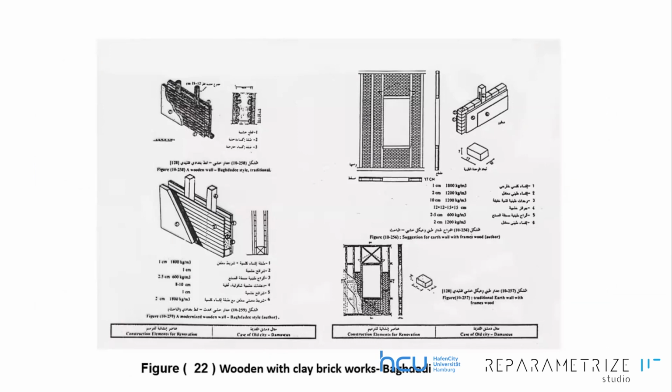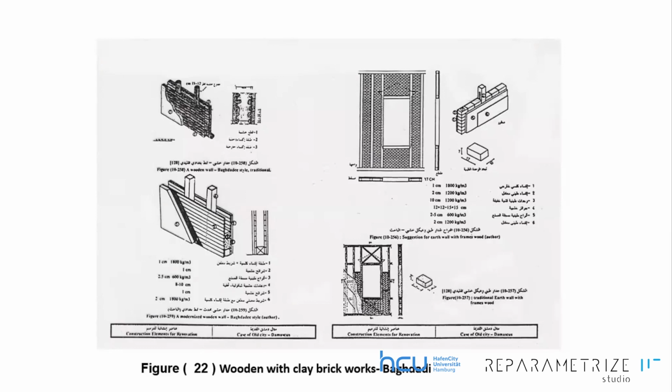So it is a wooden frame work filled with mud units. That is one type. The other one is without using any mud brick inside the framework, only pieces of wood fixed to the framework,